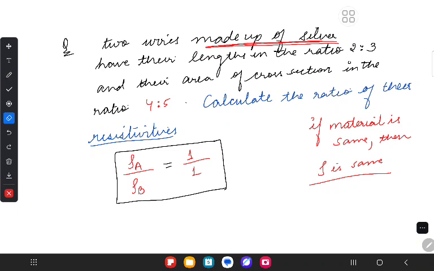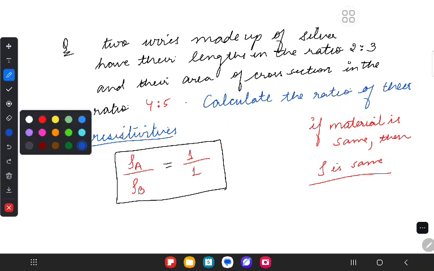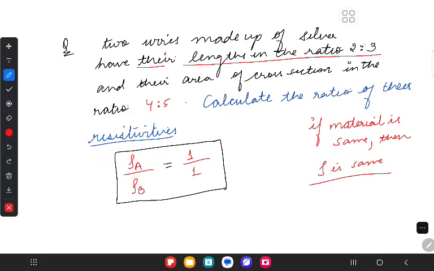Got the point? So it says the two wires made up of silver have their lengths in the ratio 2:3 and their area of cross section in the ratio 4:5. So it says calculate the ratio of the resistivities. That's the question. Yes or no? Yes, ma'am. So that is one part. Got it? Yes, ma'am. ओके, नेक्स्ट क्वेश्चन देखो। अब इसमें एक तो ये वाला पोर्शन हो गया।